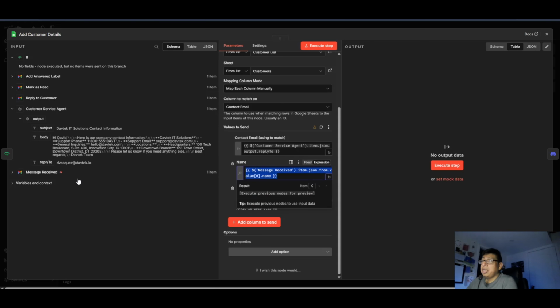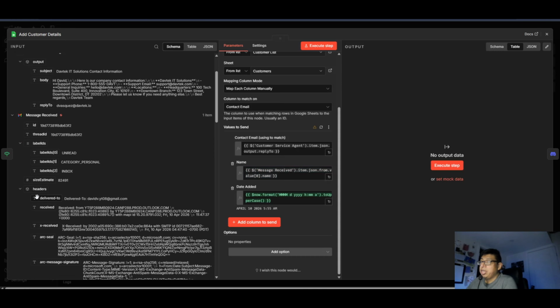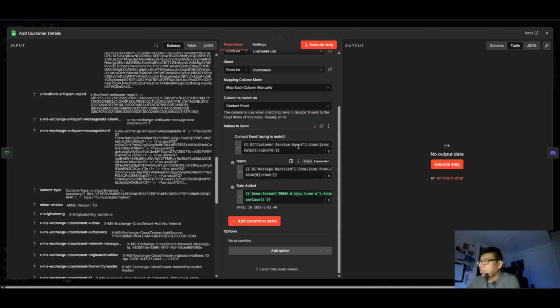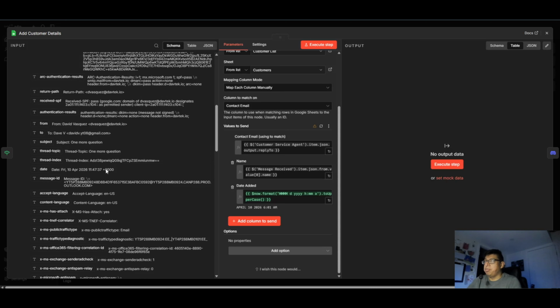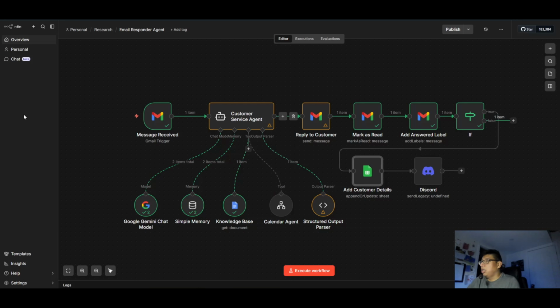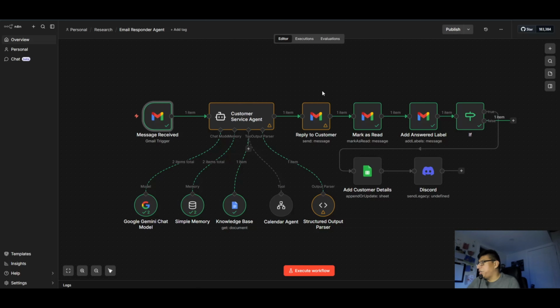And then if you do want the name, I grabbed it from the message received node. The message received right there. And this is the name, and I just drag and drop there. All right, so just make sure again that these line up. So if you do have another header, you can grab more properties from here. That's why I unchecked simplified right here, so it pulls more information in case you want that.